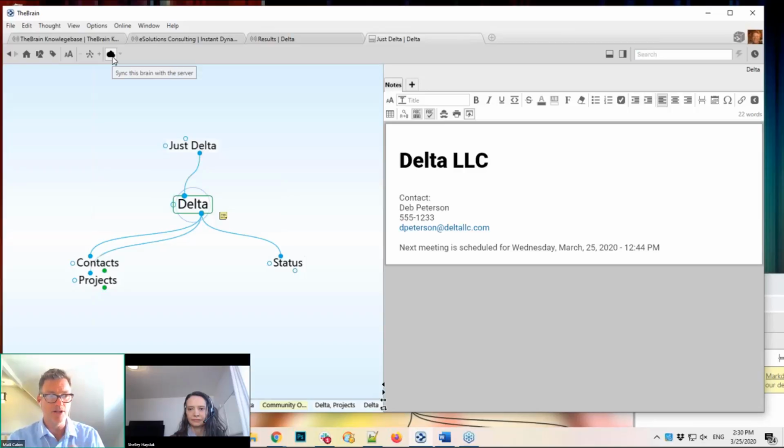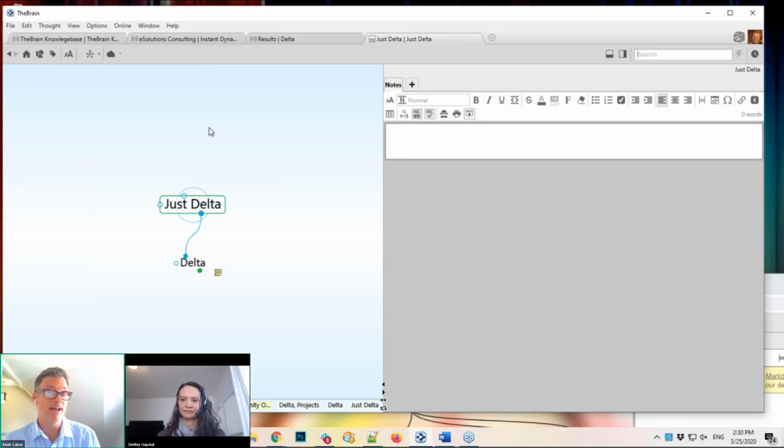So I can share this smaller brain without fear that I've just shared all my information on my other customers or my own personal information. So that's how we take a large brain and segment out a smaller section of that brain. If I want to merge two brains really quickly, I would click on File, and I'm